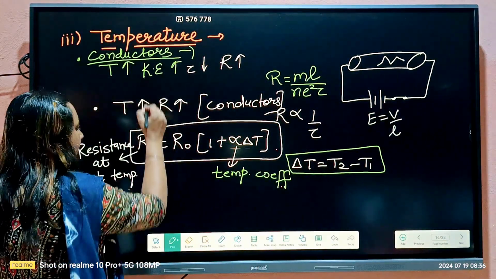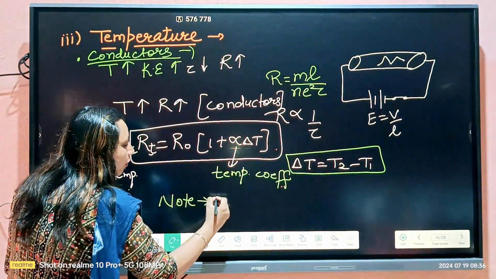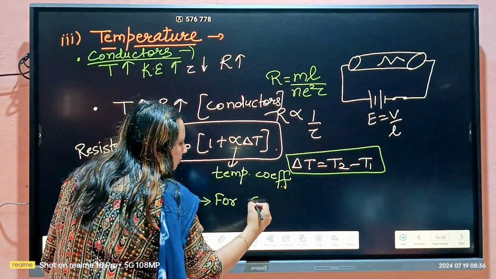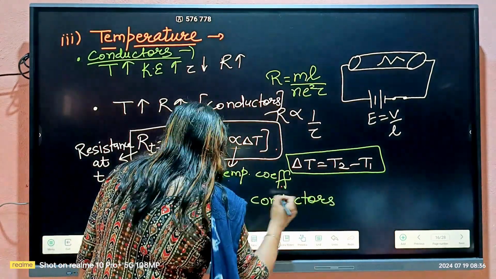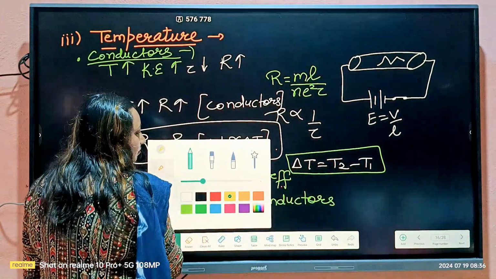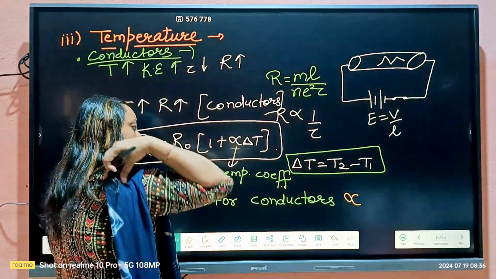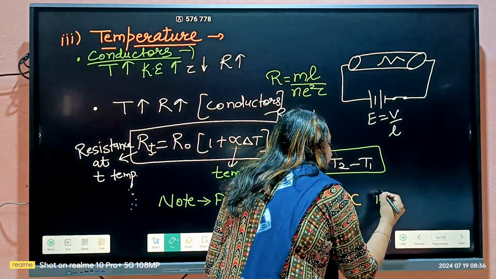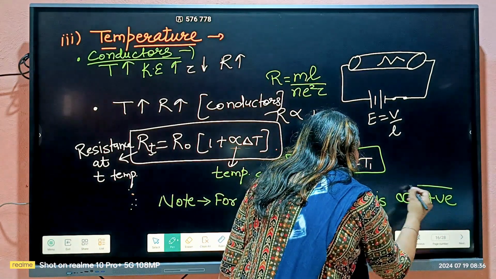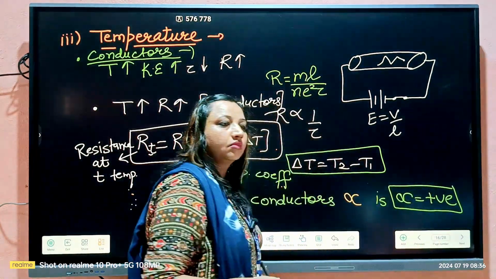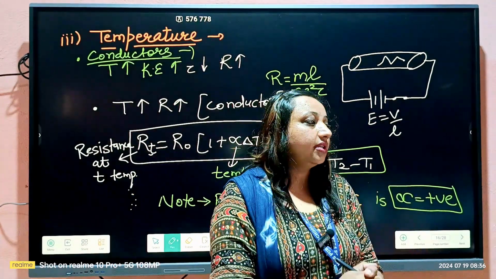Understand? For conductors, what you have to remember is, for conductors, this alpha is positive. Alpha is positive for conductors. Positive means